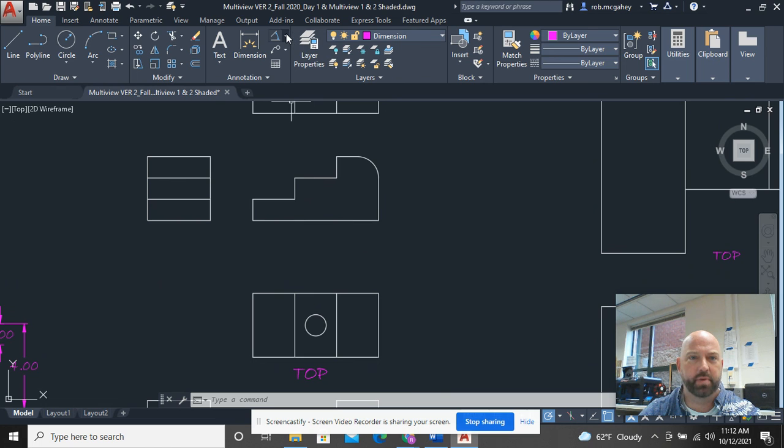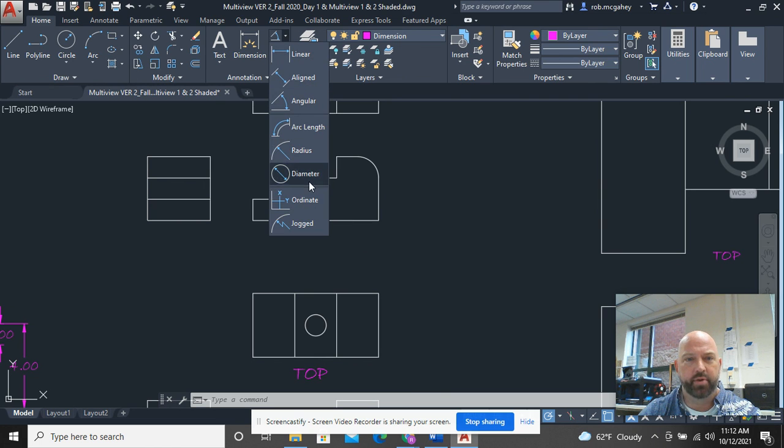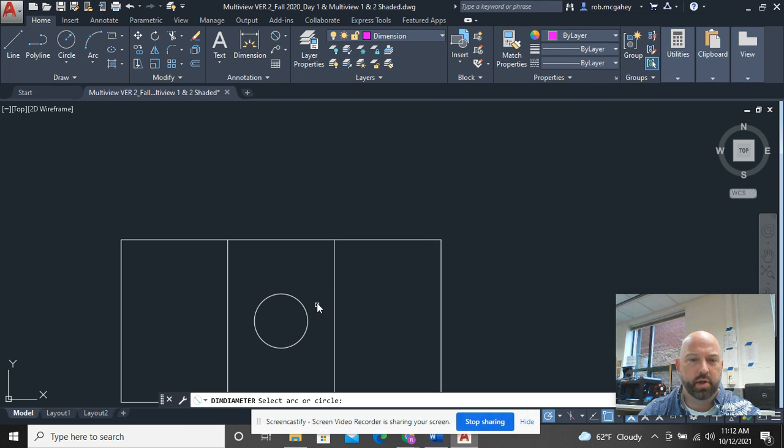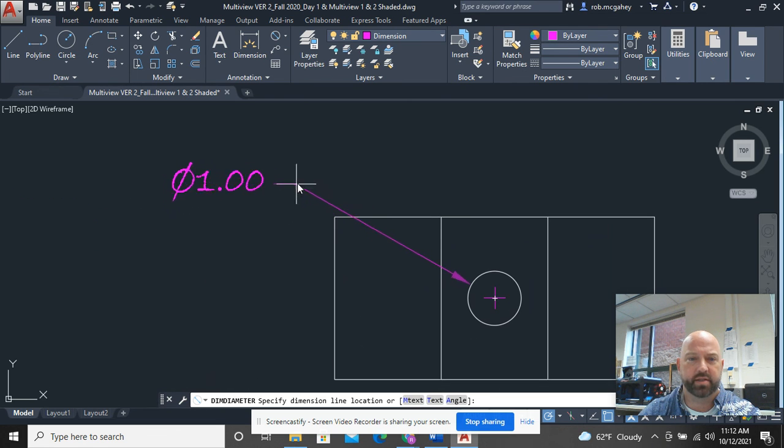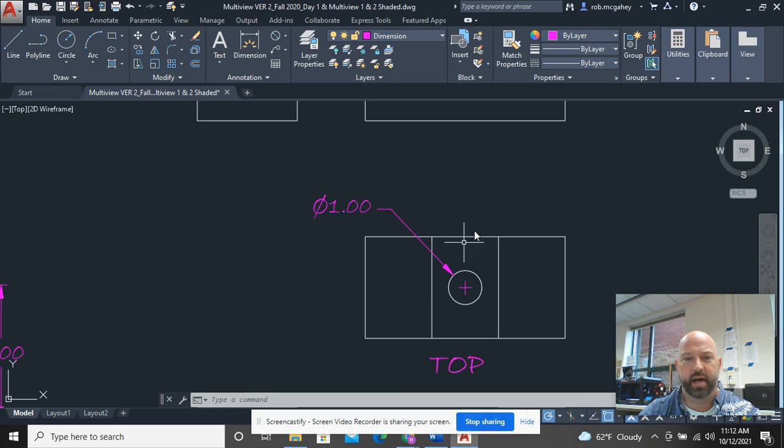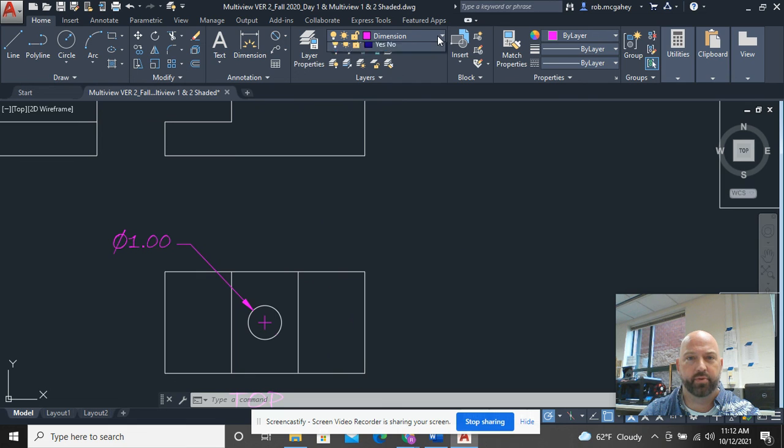If I wanted to dimension the diameter of this circle, click the drop down, come on down to the circle, click it, and you have a leader that flexes and moves with you. So you can position this anywhere you want. Don't ever position them this way or this way. It's kind of bizarre. You're better off to go ahead and drop it like that. Okay. Same with the radius. So certain dimension,